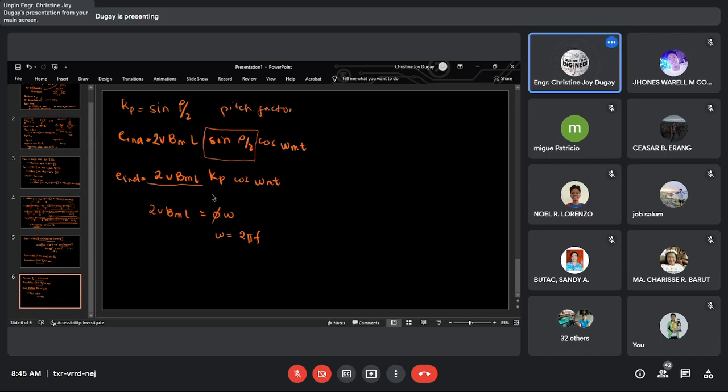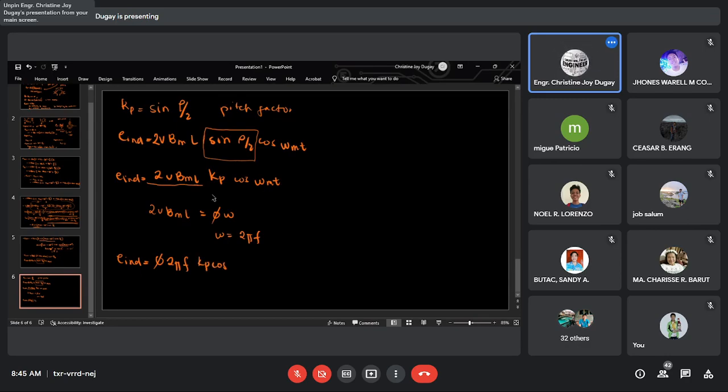So, kung isa-substitute po natin siya dito sa original equation natin, papalitan po natin yan. So, ang i-induce natin ngayon, that is equal to flux twice f of pi f